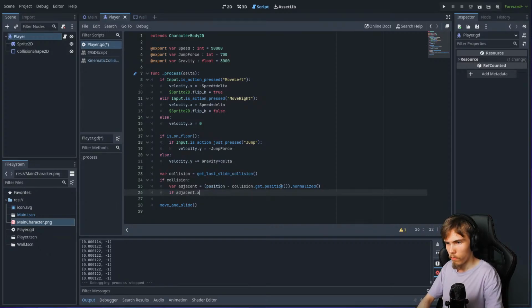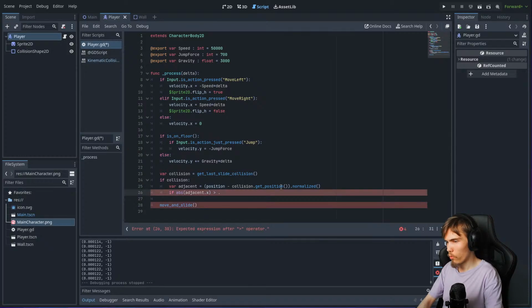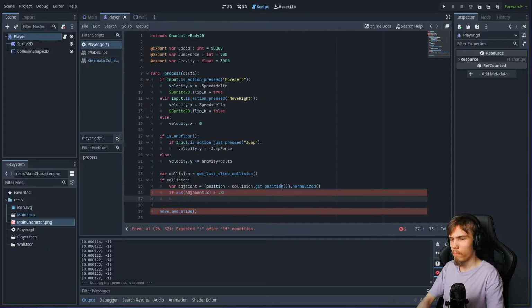Oh, yeah. No, we can't do that. But we can do this. We want to get the absolute value and we want to check if it's above point... Wait. This is going to heavily affect slopes as well, whether we want to bounce off of slopes or not. So we're going to make this 0.8. So if 0.8 is bigger than adjacent to x, then